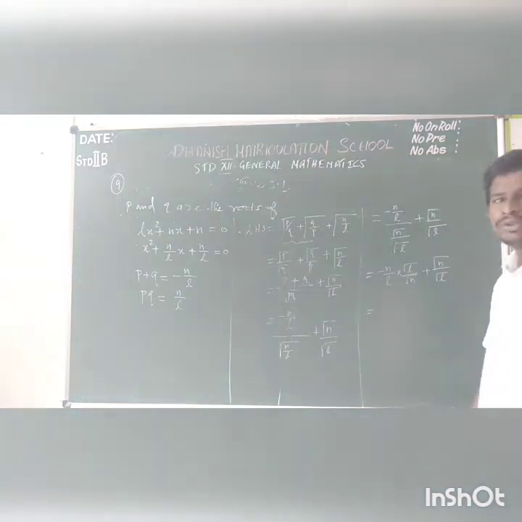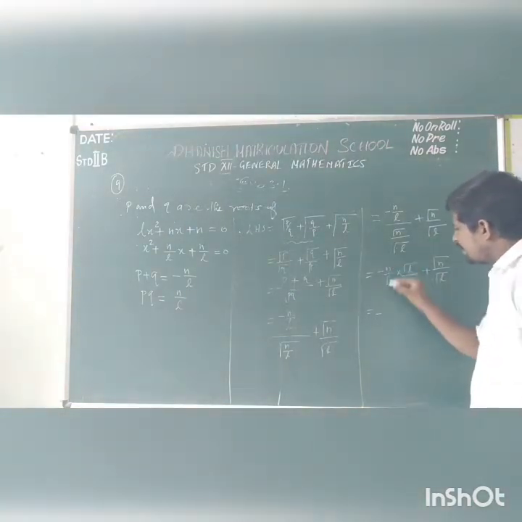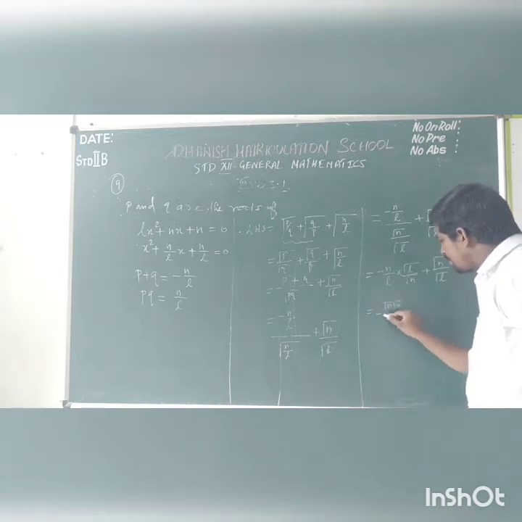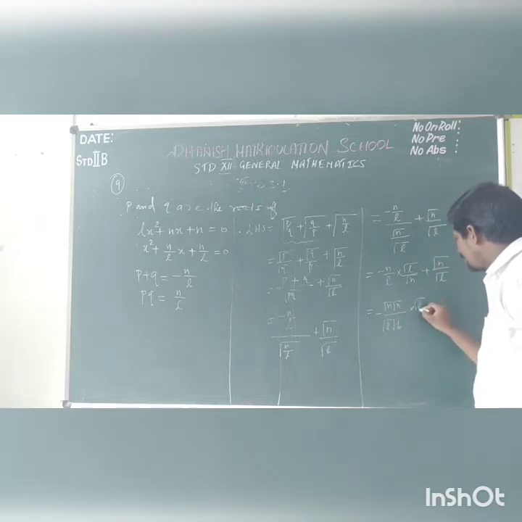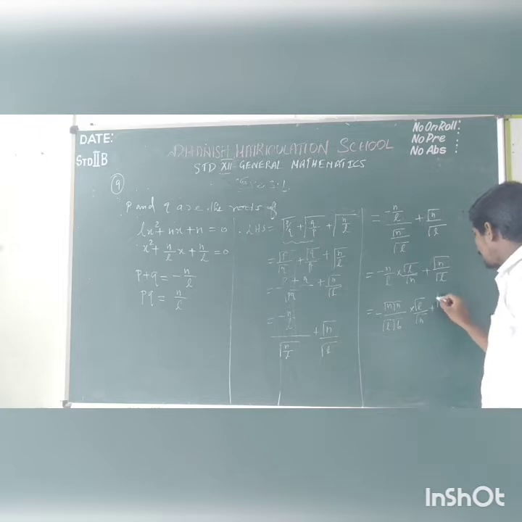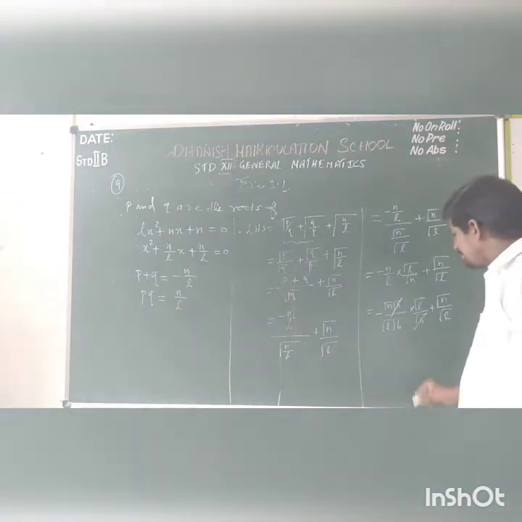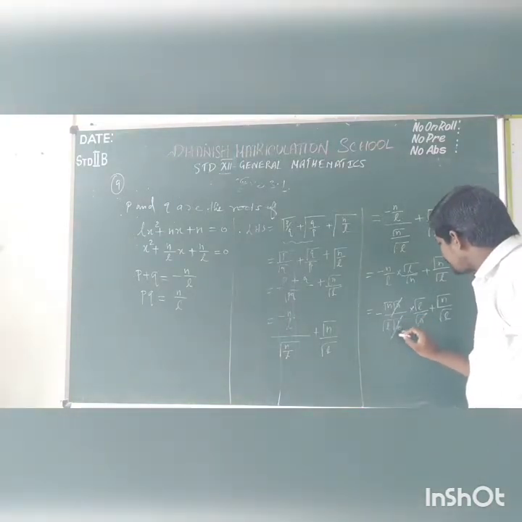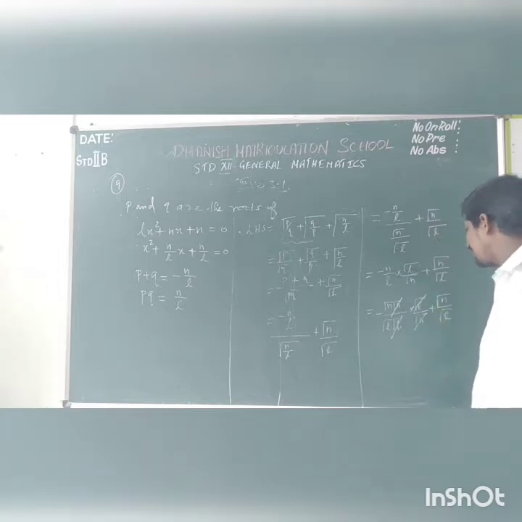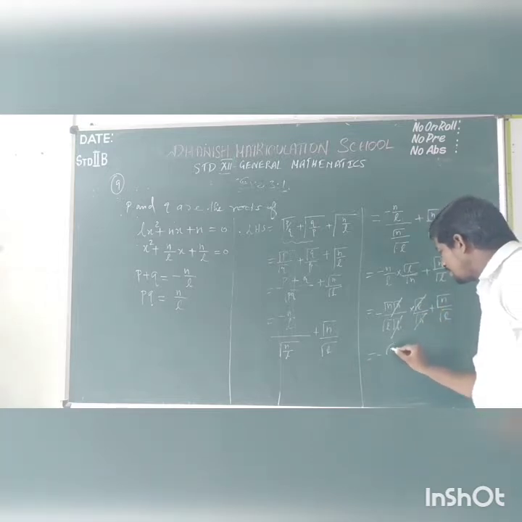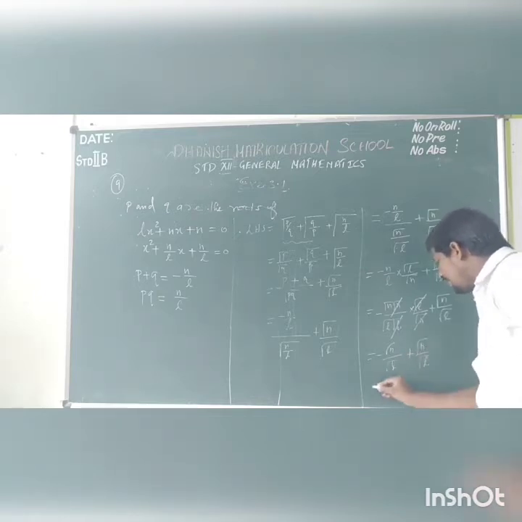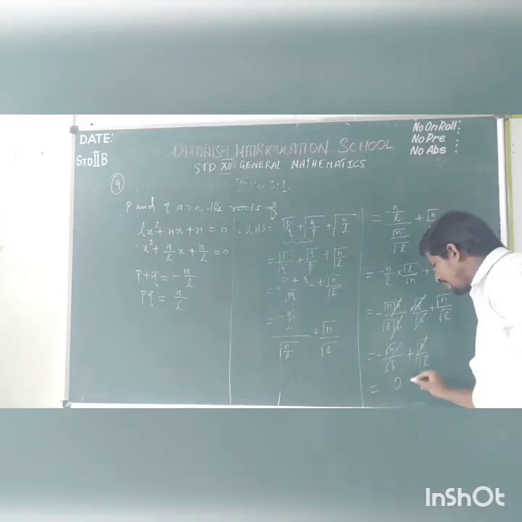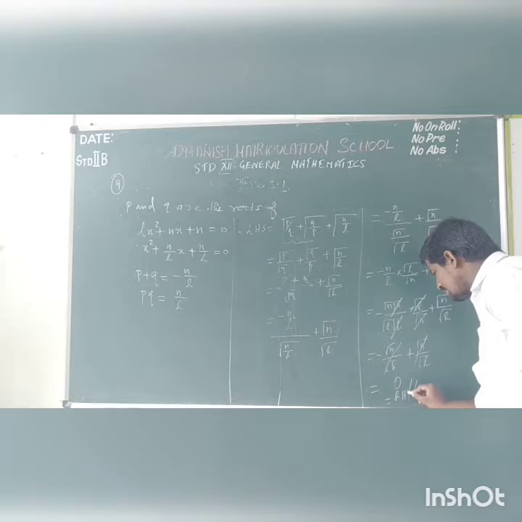Now this is equal to minus N, which can be written as root N into root N. Similarly, L can be written as root L into root L, into root L divided by root N, plus root N divided by root L. Now, one root N will get cancelled. Similarly, one root L will get cancelled. What's the remaining? Minus root N divided by root L plus root N divided by root L. These two terms will get cancelled. So finally we got our RHS 0.